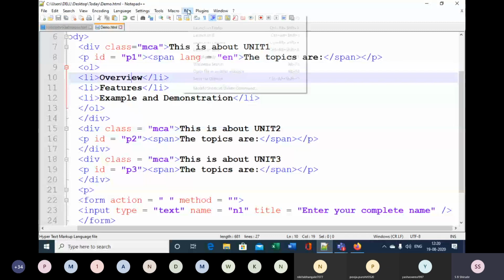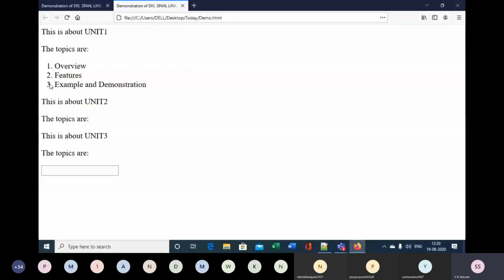So this is the ordered list. The difference between unordered and ordered: for unordered we get bullets, and for ordered we get 1, 2, 3. You can change this. If I want it in Roman numerals, or if I want some image as a bullet, that also we can do. I will tell you that in detail when we learn more about lists along with the CSS features.